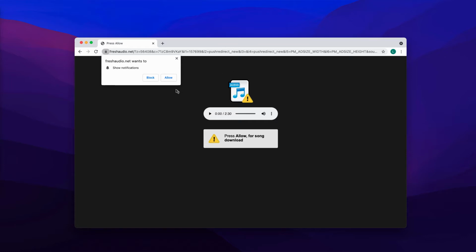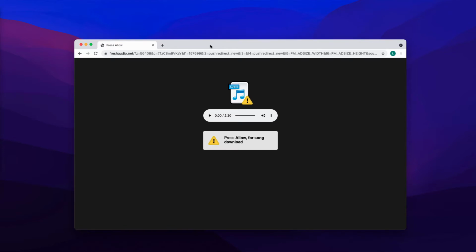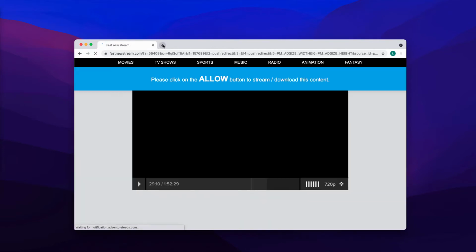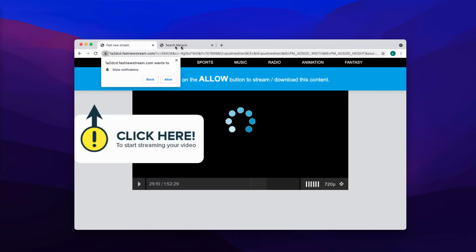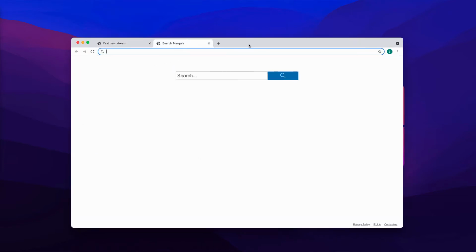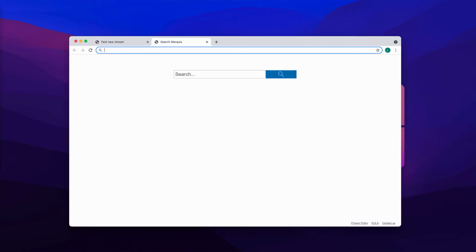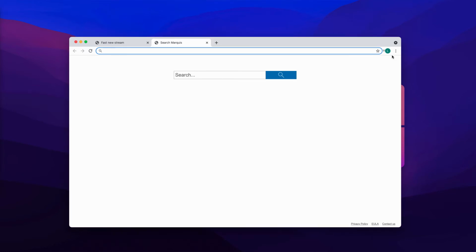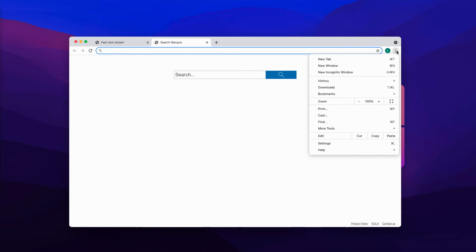Clicking on the allow button is strongly not recommended because this way your browser may be hijacked, you may be forwarded to some other junk sites, and you may start getting a lot of ads randomly in the right bottom part of the screen. If you have clicked on allow, be sure to immediately fix your browser by going to